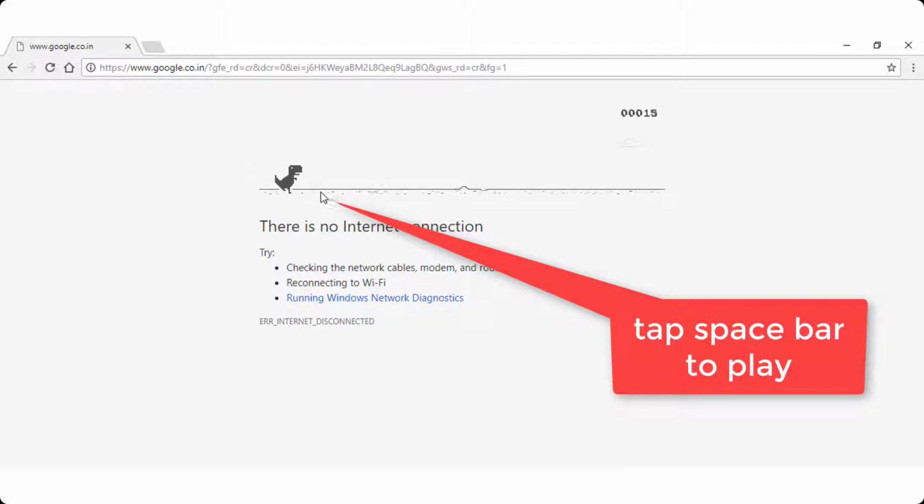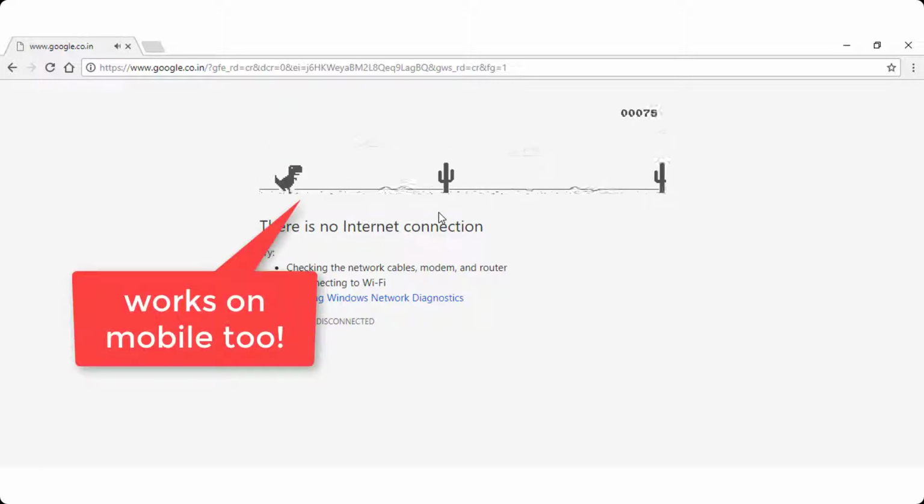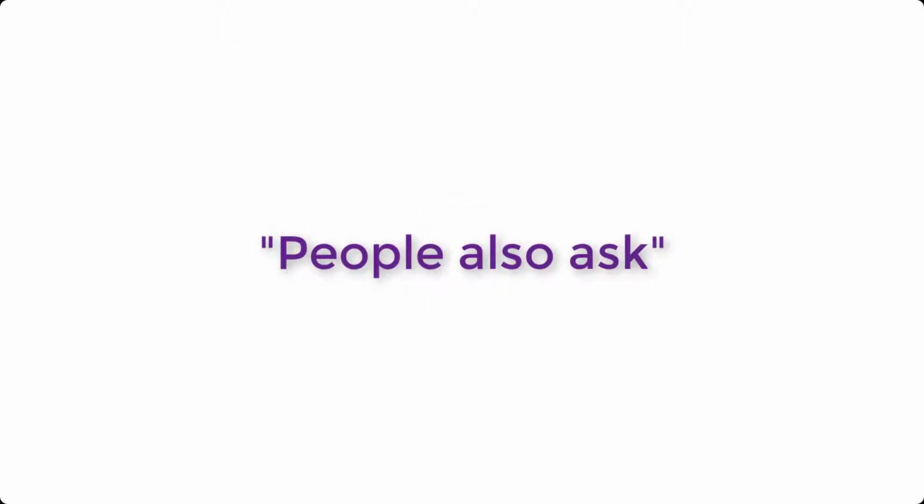You just have to hit the spacebar to start playing and keep hitting it to jump whenever a hurdle appears. Try this now by disabling your Wi-Fi or by removing the LAN cable to see it in action. It's quite fun when you have nothing productive to do or to even just have some harmless fun. I would suggest you better go for a walk or call your friend during this beautiful time of internet shutdown rather.